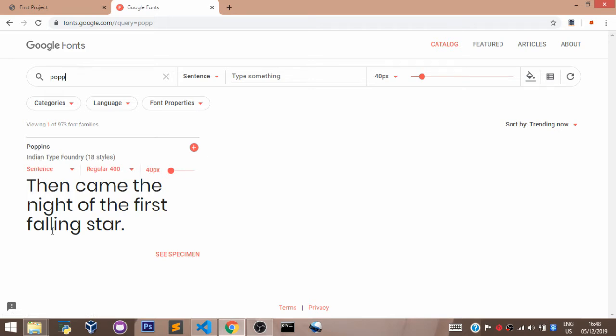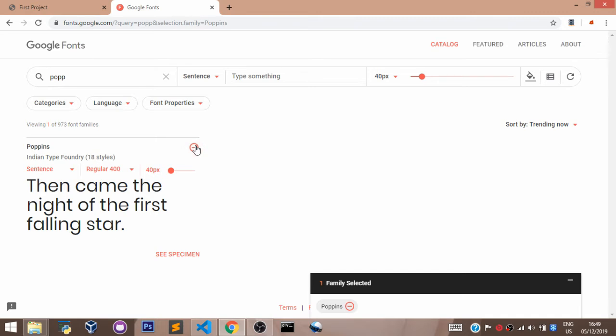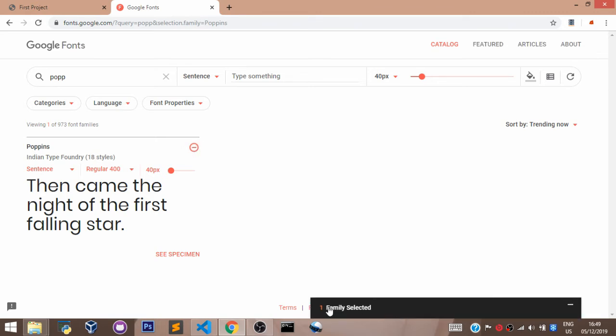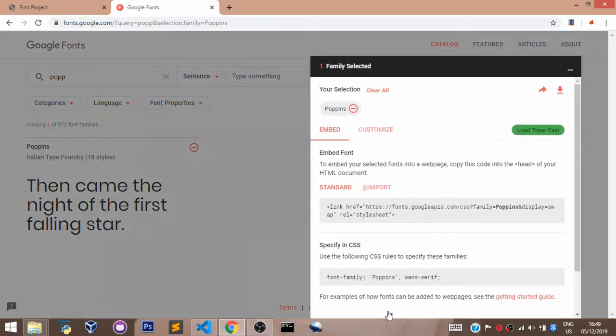To choose a font on this website, you come over here, you select this icon over here. When you select that icon, you'll notice this one family selected. Click on this, and this is the link to the Google Fonts API. You copy this,